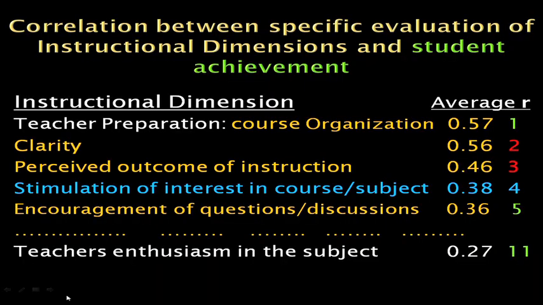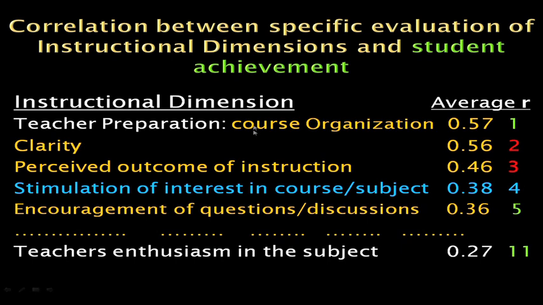Is it okay? Okay. So, now if I take the correlation, this study is based on those books, not on the data of Indian students. If I take the correlation between the specific value of instructional dimensions, those are the attributes, and student achievement, that is, if I correlate the feedback of the students on each higher level attribute with the student achievement, meaning students' grades, then I found this correlation.